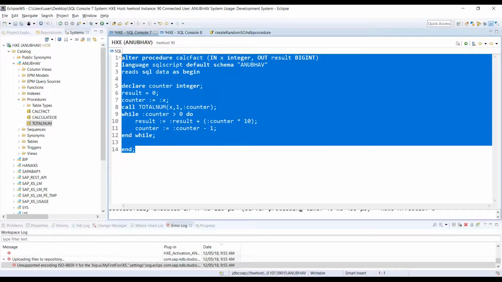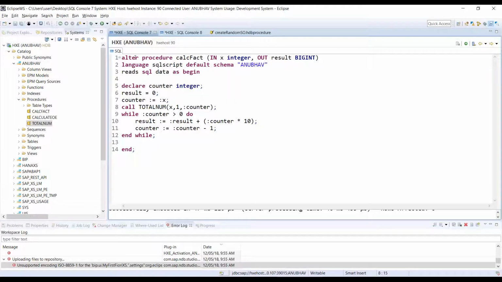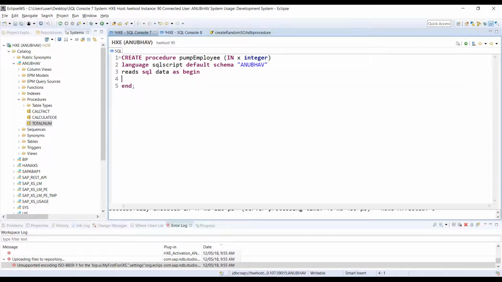So I'll just go back to procedure creation. So I say create procedure, and I say pump employee. So I'm going to design a complete database table, and in this procedure I'm going to receive a parameter called x integer, and whatever x is passed, that many records get created in that db table. Okay, so let's create that db table over here. So I say create table employee